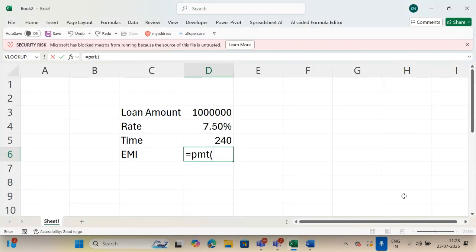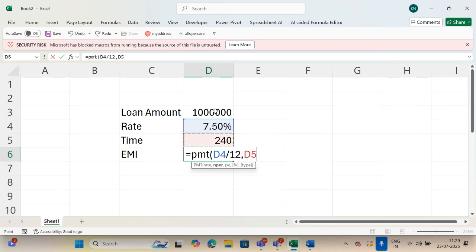See, this is 10 lakh rupees. It is a positive figure because we haven't prefixed it with a negative sign. If you are taking the loan, then you have to pay the EMI definitely, so it will give you a negative figure. This is your loan rate of interest and it is annual, so you have to divide it by 12.